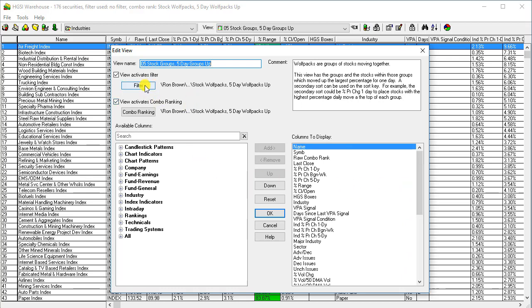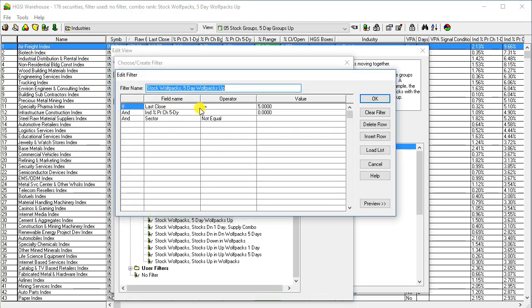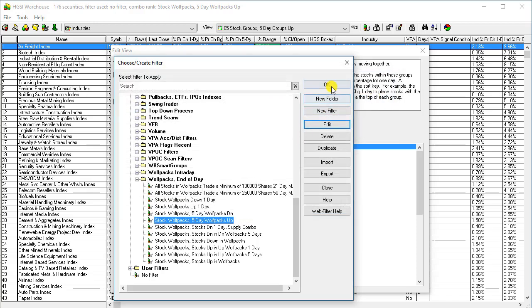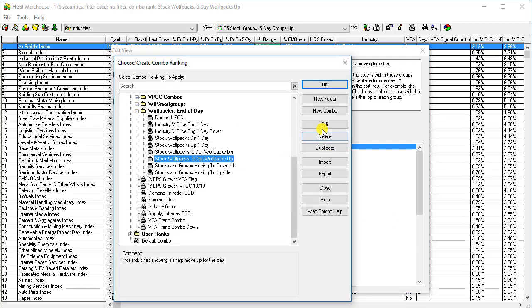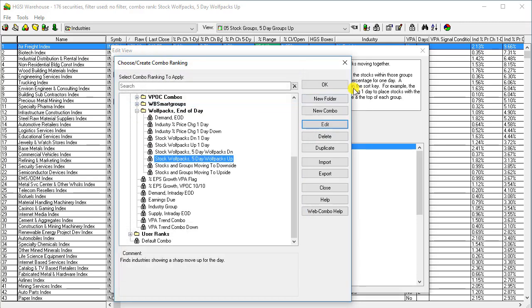And the way I've set this up is I have created a very basic filter. The last close is greater than or equal to $5, and the industry percentage price change is greater than 0. That's over 5 days. And this sector does not equal blank, just to make sure that the stocks are assigned to a group. So by using that and what we call a combo ranking, which ranks the industries according to their movement over the last 5 days,